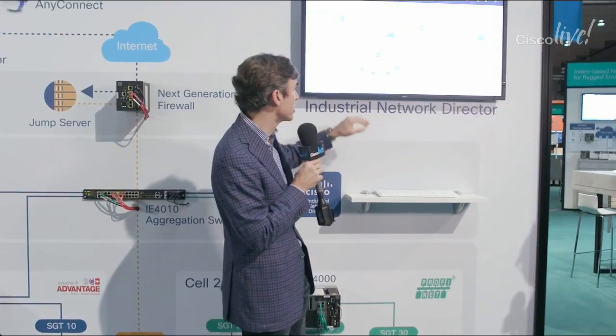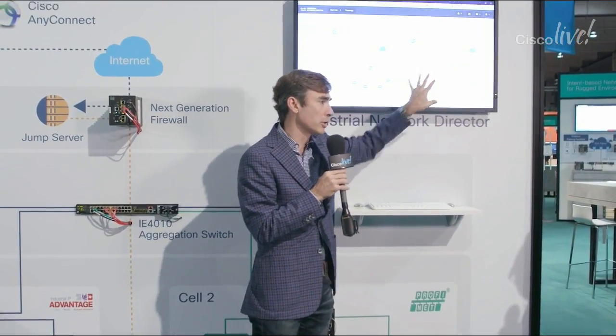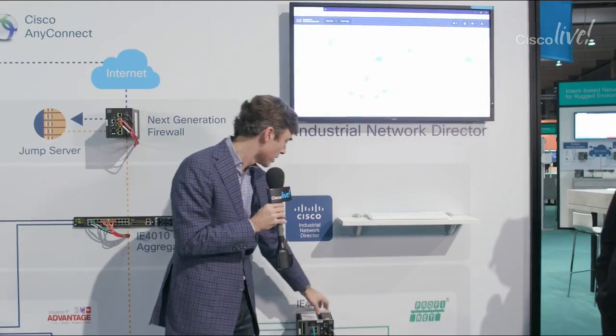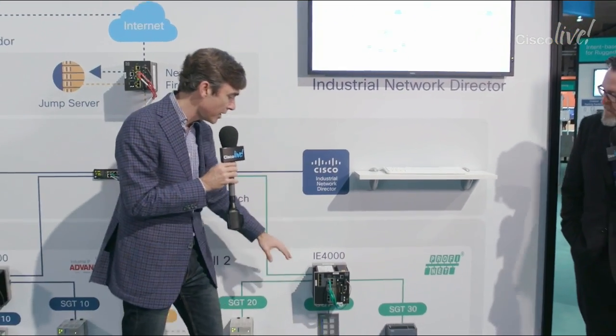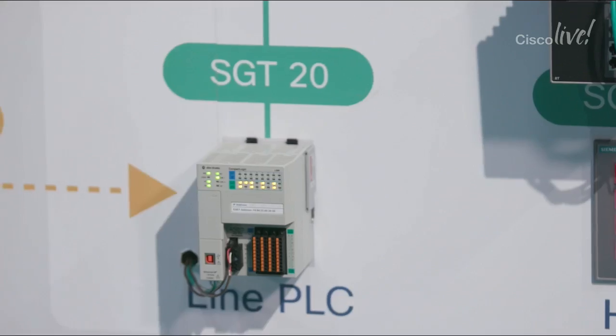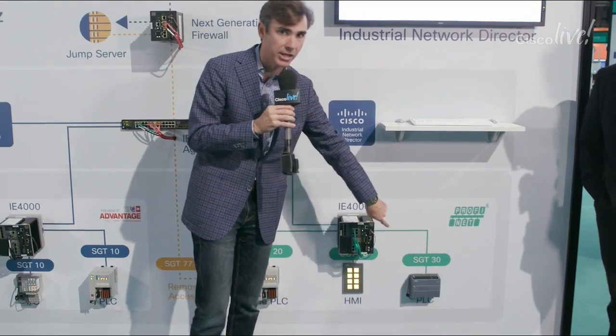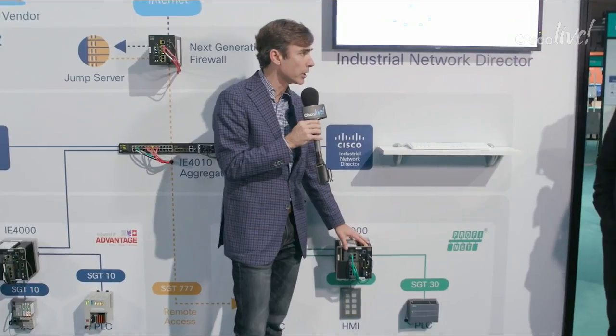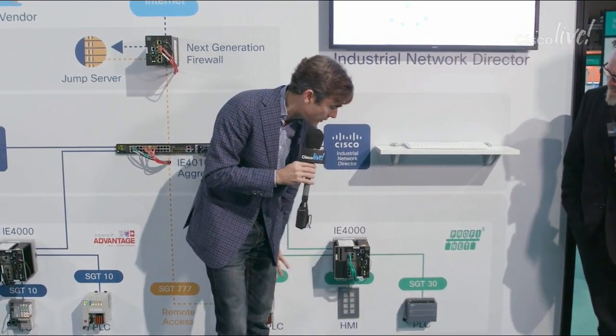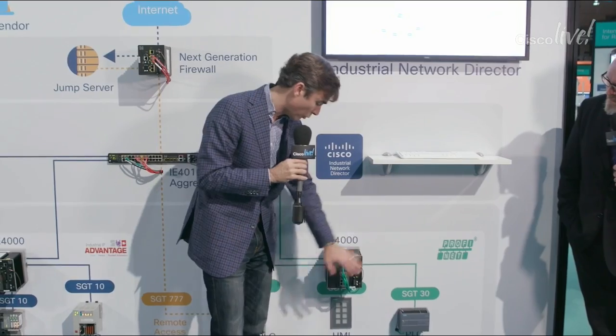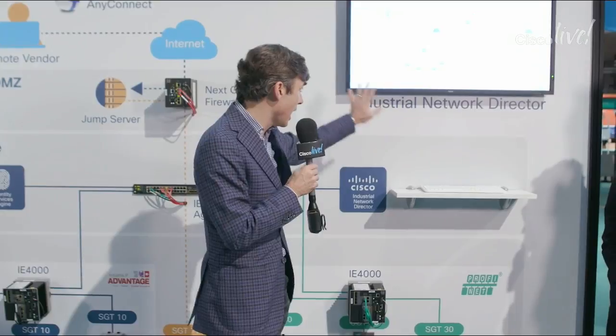about how we're going to provision these switches, but we have a different interface than maybe you're accustomed to seeing on some of the other broadcasts this week from Cisco Live. Here we're just provisioning all our switches, so QoS and traffic, how we're going to run the packets here. And then this switch is talking in this case to an HMI or a PLC, or in this case a Siemens drive. So we've got interoperability with our switch, and it's now provisioned down to this level, and we're able to basically run that traffic and then run it back up through the network. So again, a very easy tool for OT operators, for people that are running their plants,